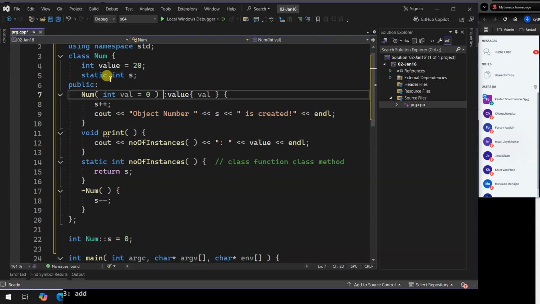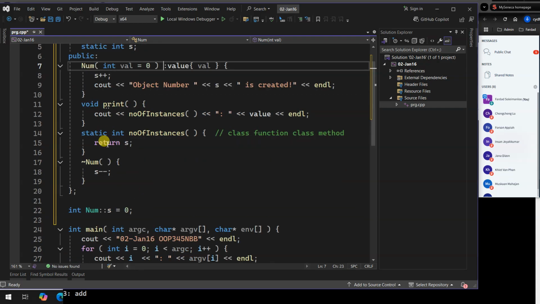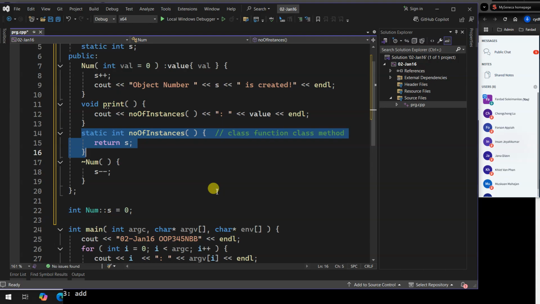Now, the nice part is that you can actually make a function static. You cannot make a regular function static. It doesn't make sense. All non-member functions are static. They are in the program. They're not going to come and go away. It's the member functions that come and go with the objects that they create.